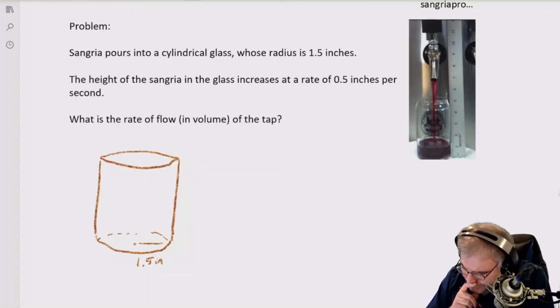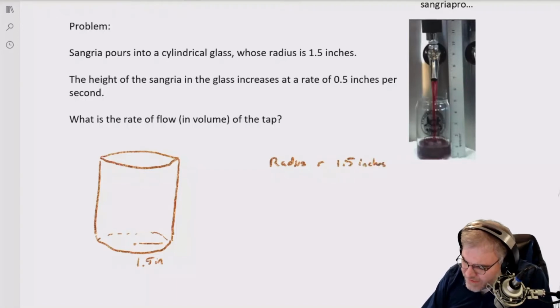So let's write that down. I've got radius, I'll call that R, and that's 1.5 inches, and I'm going to write fixed here